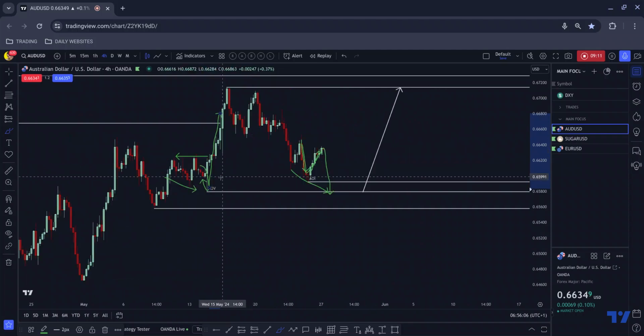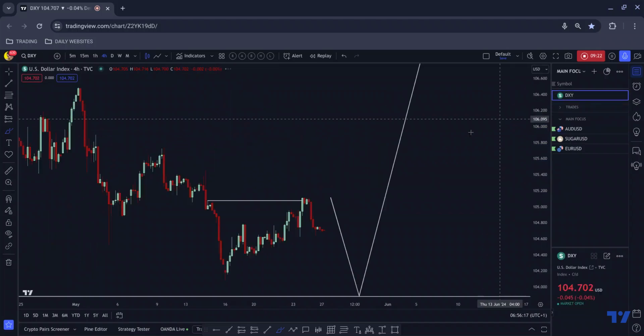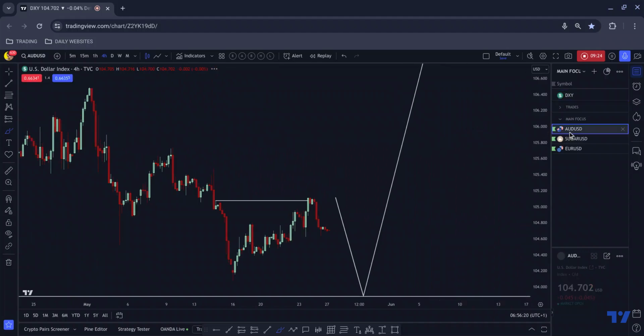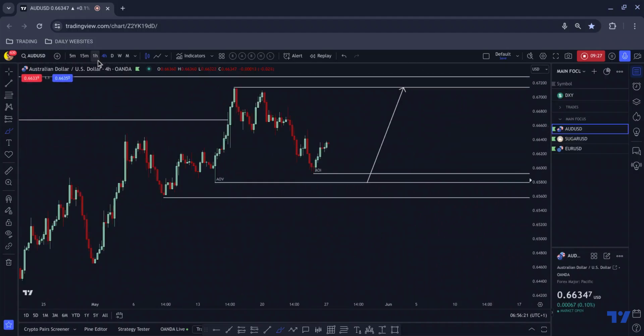So there's likely a lot of liquidity there for that to have actually occurred in the first place. Let's get that off the chart, and that would be in alignment with what the DXY is doing at the minute. So if I just drill down again,